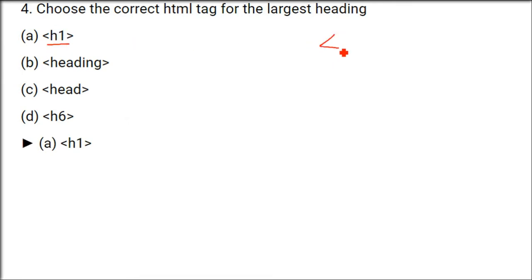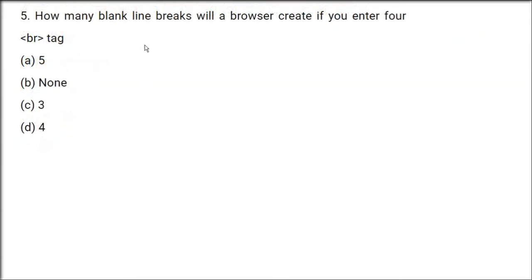So H1 is the highest, because whatever content you write inside H1, you have to end this also, it will be shown in the highest possible size, which is prescribed in H1. It is pre-specified. H1 size and everything is pre-specified. So H6 is the last one, the last heading type.